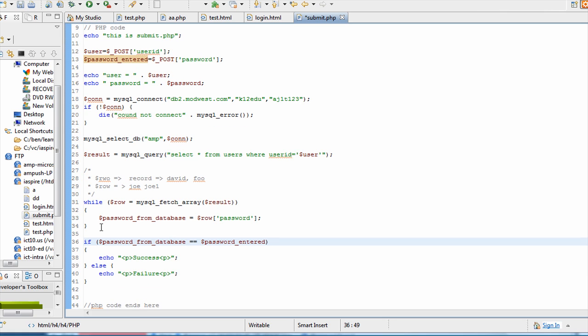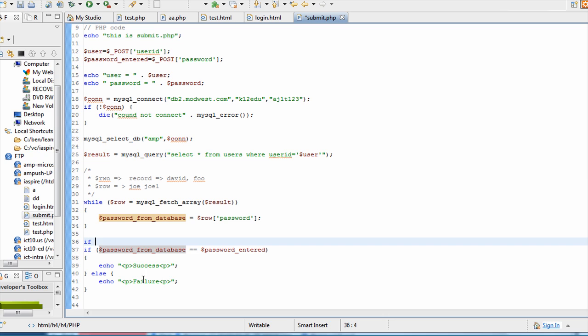Clear? Now there is one more case. If the user ID itself is wrong, right? So if the password itself is null, let's handle that condition also. So maybe what we can do is that here, let's add another condition. If